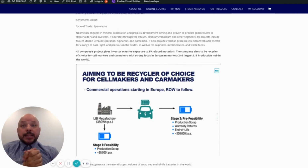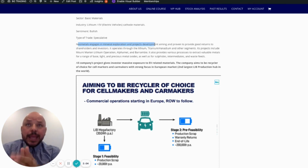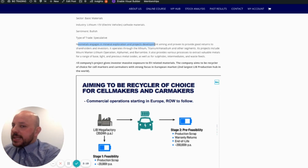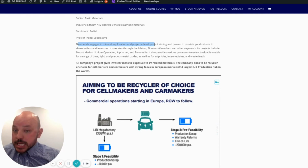So basically, this company has a very interesting project. To help you understand a little bit, Neometals engages in mineral exploration and project development, aiming to provide good returns for shareholders and investors. So they develop the projects, end up selling them and then distribute to shareholders. I'm not a big fan of this aspect, but I'm a fan of the projects that they're looking at within the next 5 to 10 years,